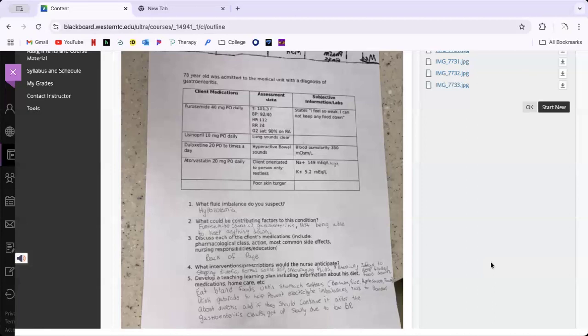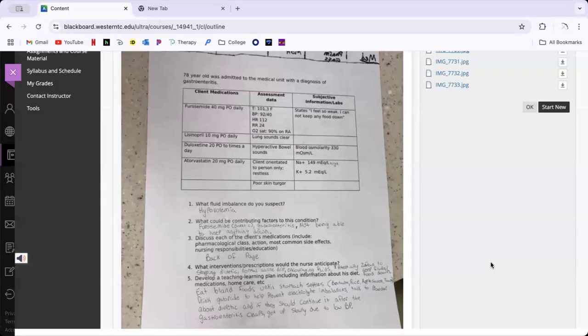You see somebody who's restless, who just can't sit, it could be pain. What else could it be? Hypoxia? Does that patient have a little bit of hypoxia? Yes. Do they have pain? Maybe, possibly. Poor skin turgor, right? So some clues here. I feel so weak, I can't keep food down.